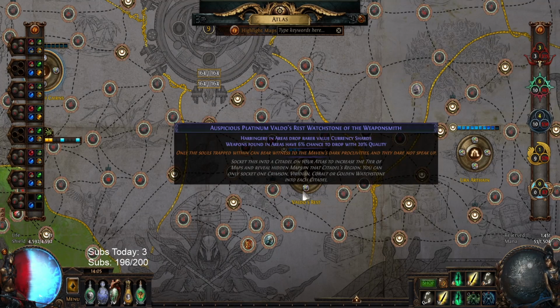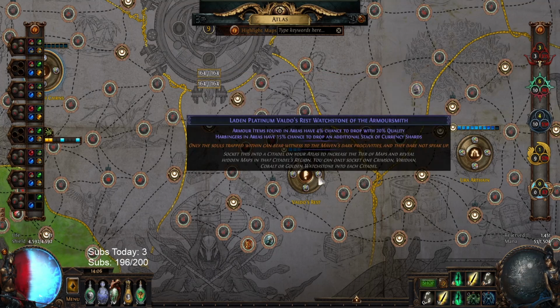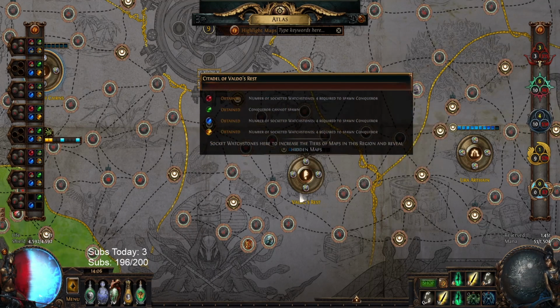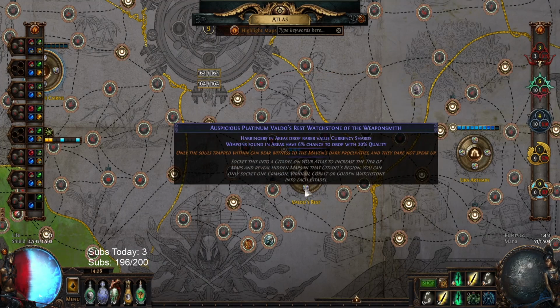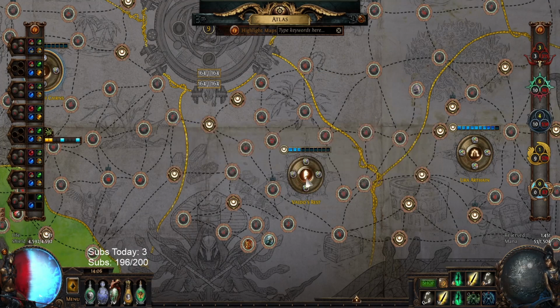And so the watchstone is the Auspicious Platinum Valdo's Rest watchstone, which is harbingers in areas drop rarer value currency shards. You can only run one of these, and that's the expensive one. And you can run these Laden Platinum Valdo's Rest stones, 3 of them. And these have harbingers in areas have 15% chance to drop an additional stack of currency shards. So this is the big one that makes it drop juice, and that's how you get super rich off of